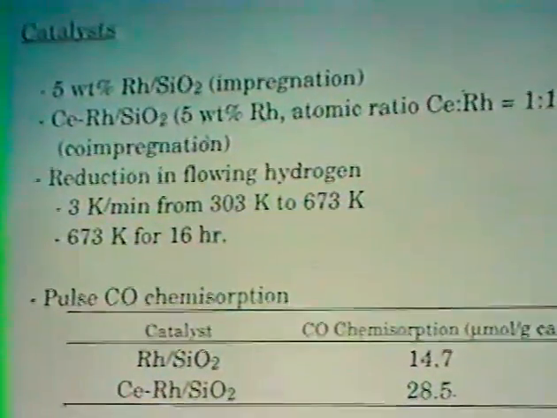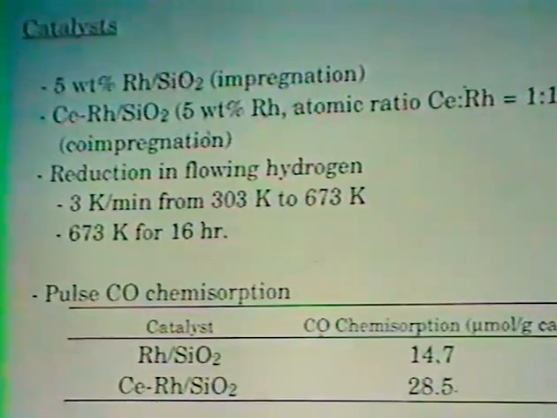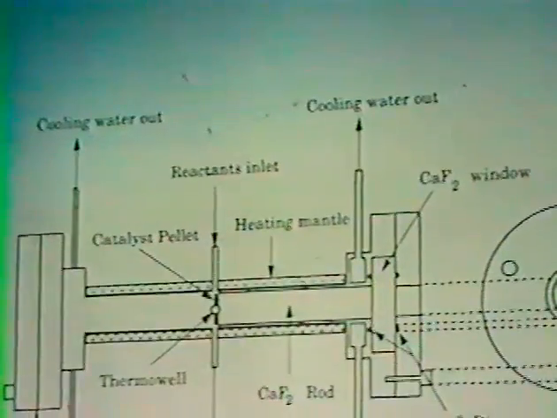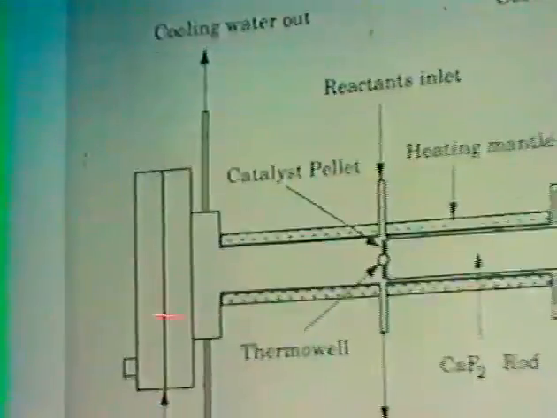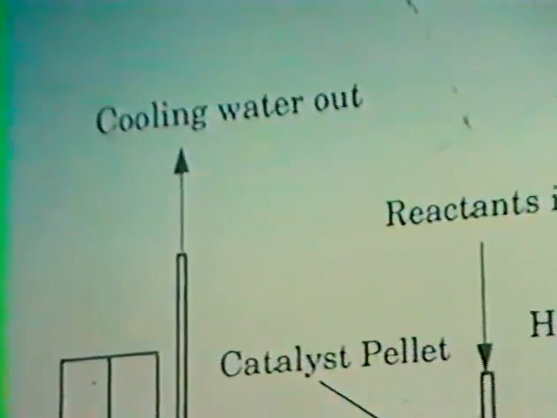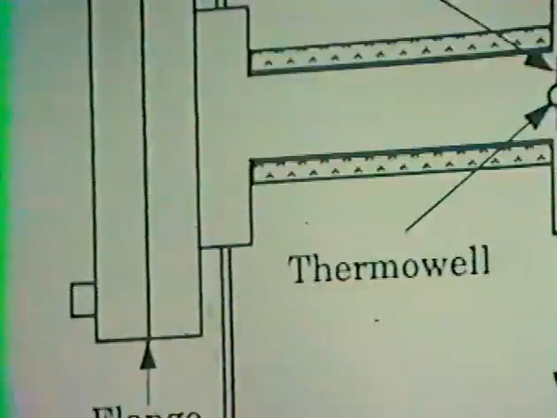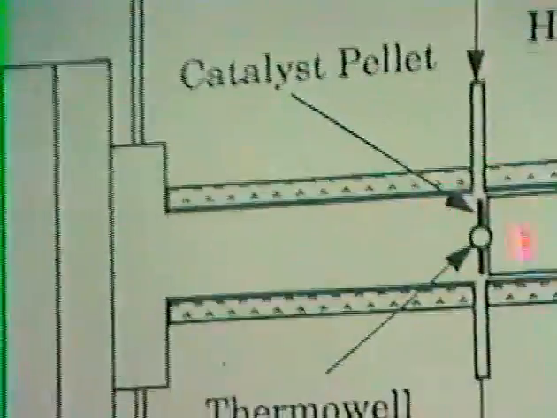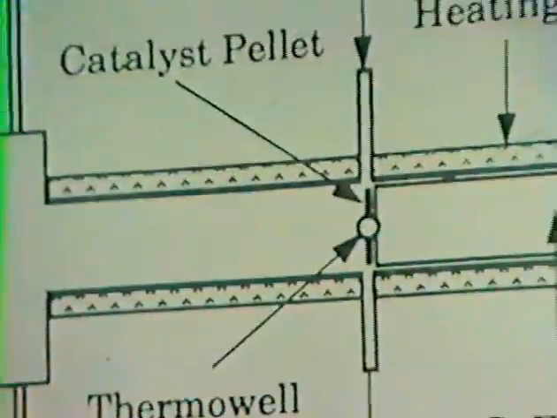Cesium was added, and this catalyst was prepared by the impregnation technique. We have used probe-molecule CO chemisorption to characterize this catalyst. The infrared cell we use for this study consists of 4 pieces of flange with a cooling water jacket to cool the O-ring so that we can conduct the reaction at high temperatures.